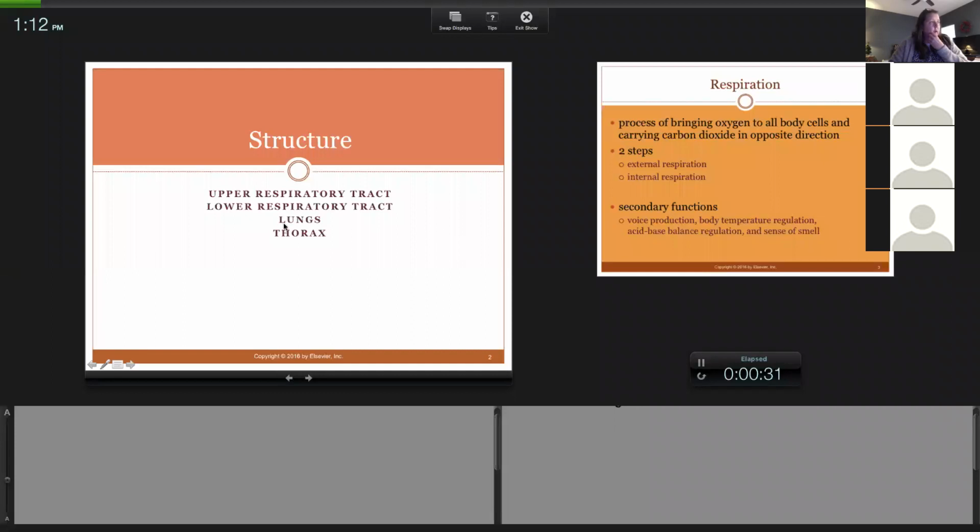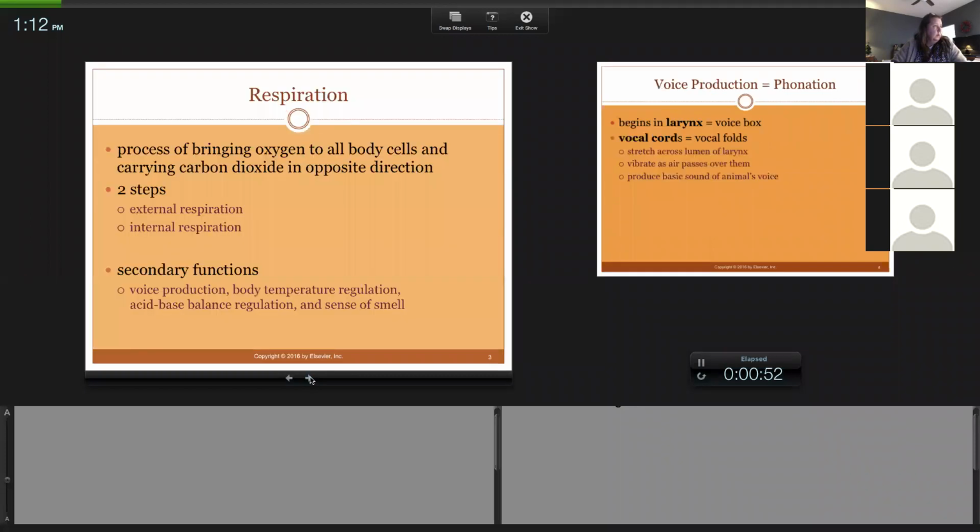Now, the lungs, which I'll get into, are considered part of the lower, think lungs lower. And things like the nasal passages are part of the upper respiratory tract. Now, the thorax, we'll get into what role the thorax plays within the respiratory system. First thing is what the respiratory system is responsible for,